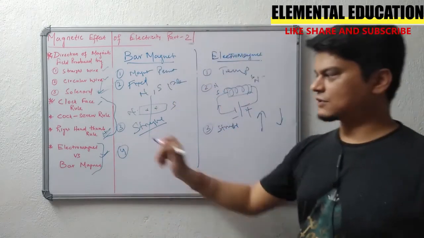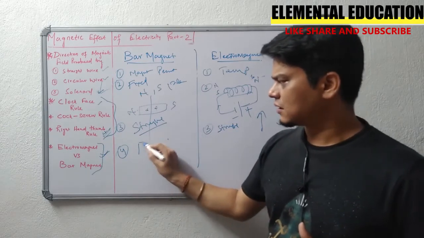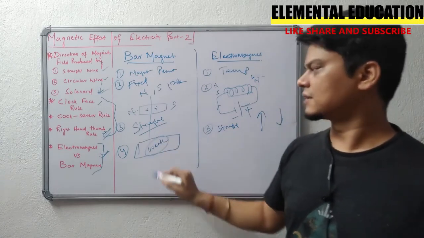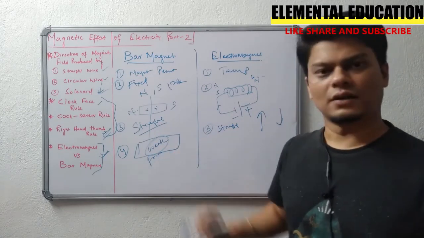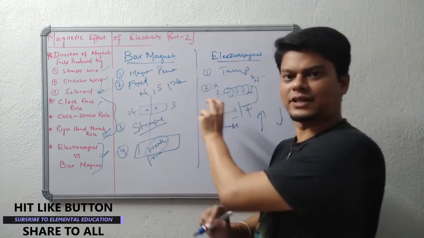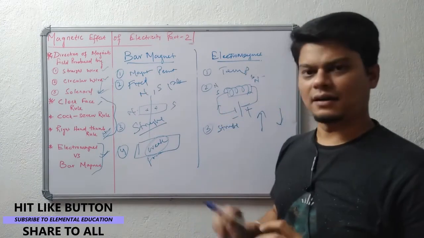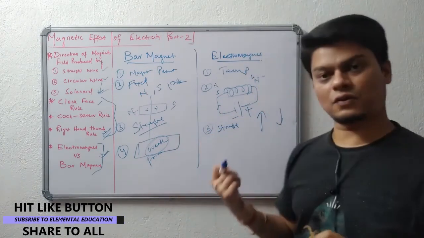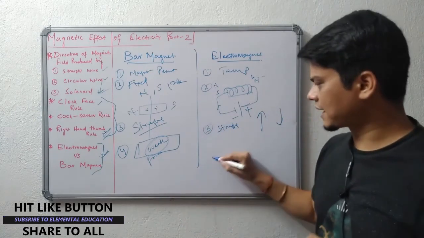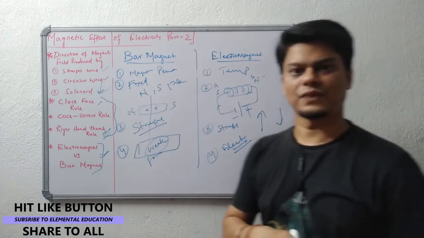Now what is the fourth difference? The fourth difference is the bar magnet exhibits weak force of attraction. Force is weak. We already know if there is a bar magnet, right, we can put it near a nail and we can pull it out if it is stuck to some iron substance. But if I increase the strength of an electromagnet, it is very difficult for us to pull it out. So electromagnets are always preferable in our industrial appliances.